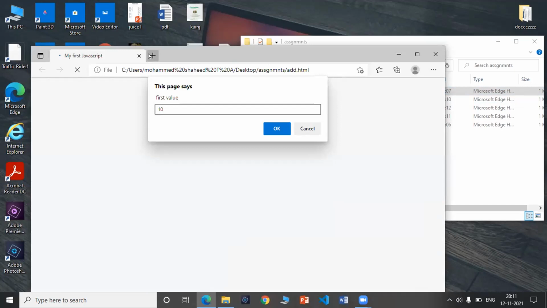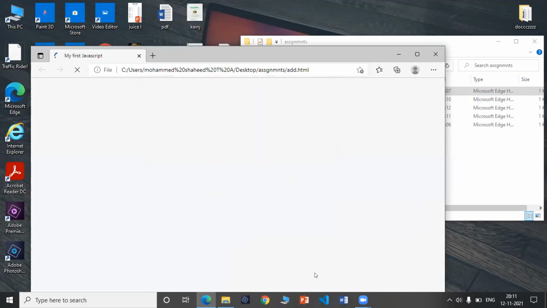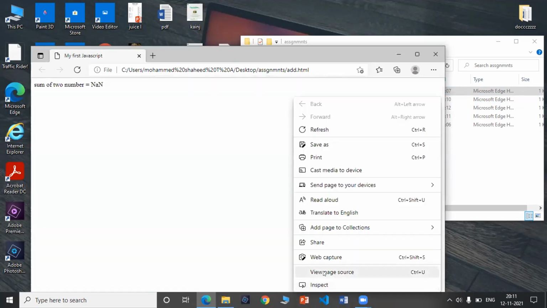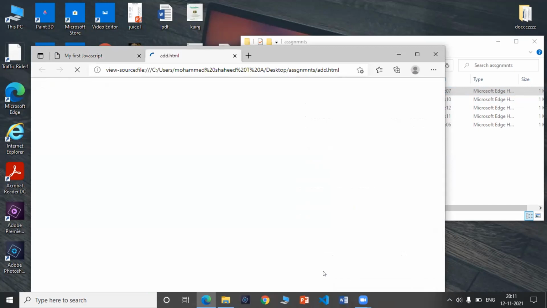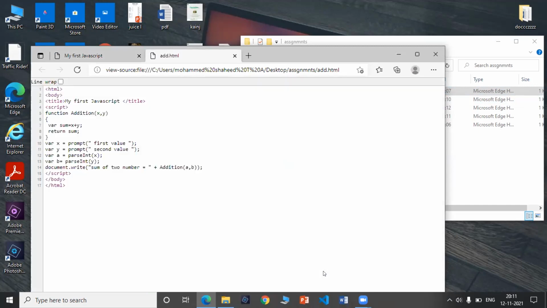Right click on this and view page source. Yeah, I've seen that there you have added sum of two number 15.